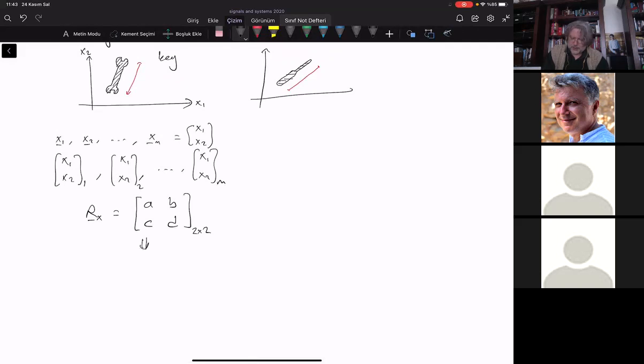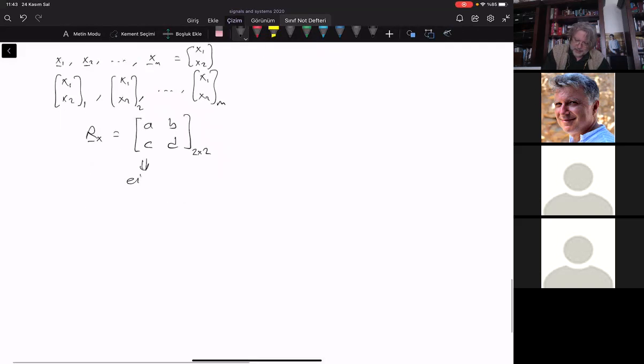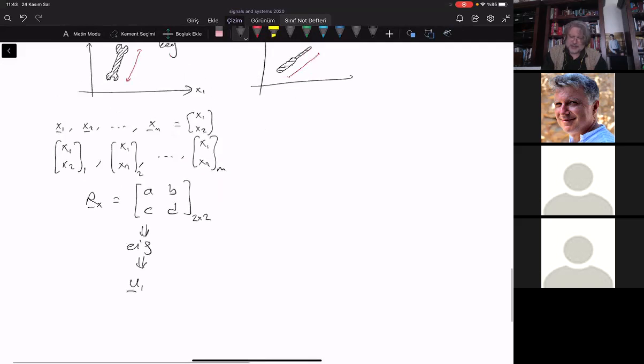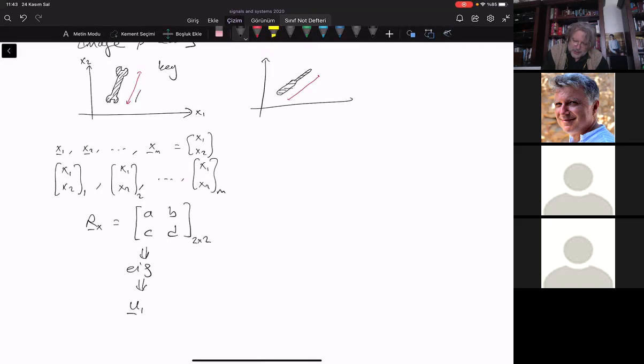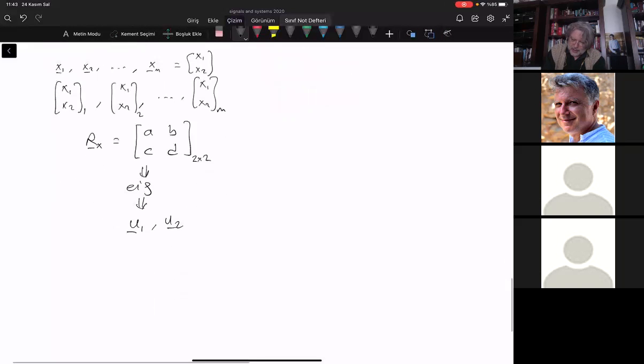Then you find the eigen decomposition, and u1, which is the major axis, would correspond to this direction. And of course, u2 will correspond to the one that is orthogonal to that. Okay, two orthogonal vectors. And we make the rotation according to these two axes. We rotate them back, and it's going to give me an image